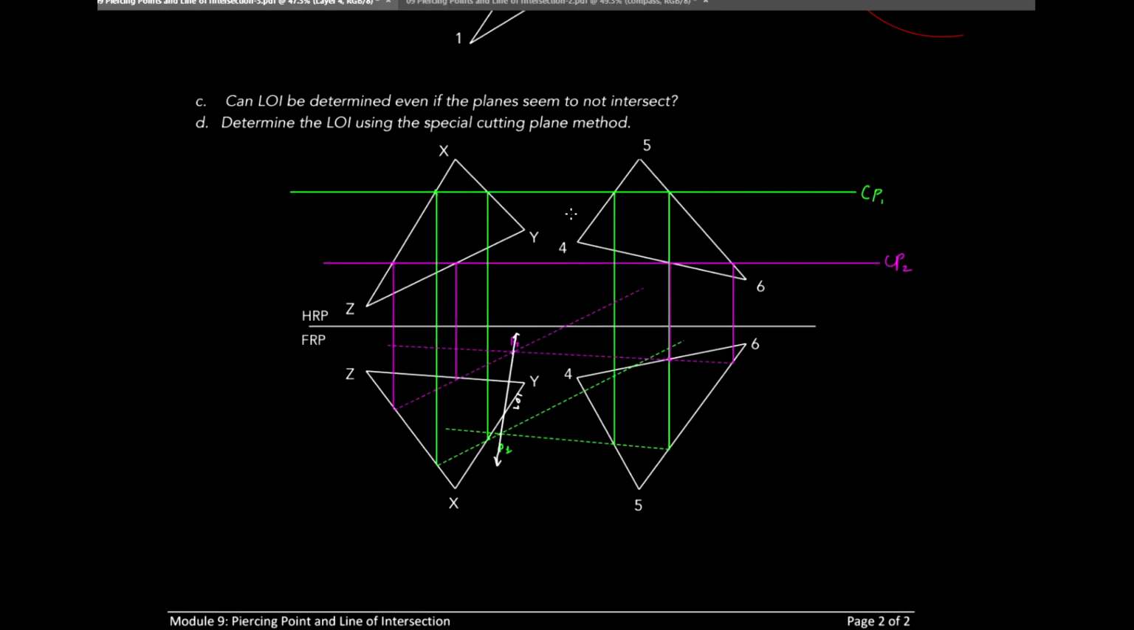Now, para makuha natin kung nasaan yung LOI natin doon sa taas, ang gagawin lang natin is simple, no? I-project lang natin itong points 1 natin, points 1 and points 2. So ito, project ko siya papunta sa CP2 kasi 'di ba this is brought about by using cutting plane number 2. So ito siya dito. Tapos itong next naman, project natin papunta naman sa CP1. So ito. So if I connect those two,